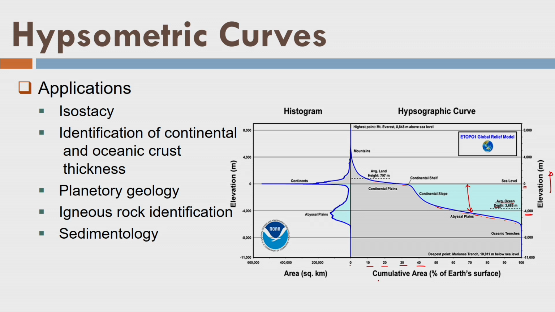Now you can understand, and this is the cumulative area of earth surface. So as we are going in the x direction, the cumulative area is 10, 20, 30, 40 and so on, right. So what is the data available here? And here we are showing the histogram, that is what is the area under this one water and so on. So that is what we call the hypsometric curve.